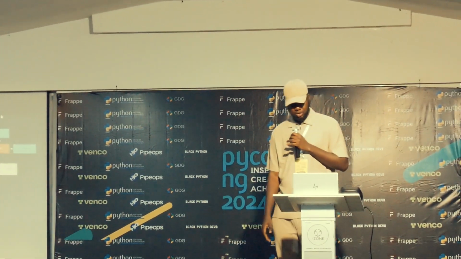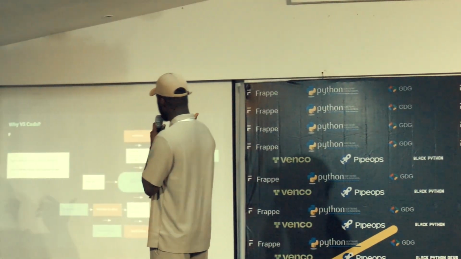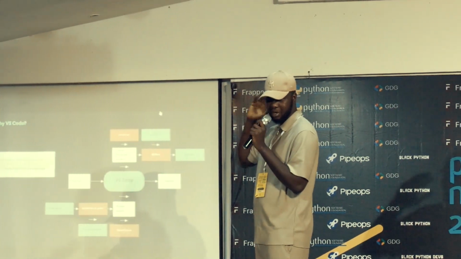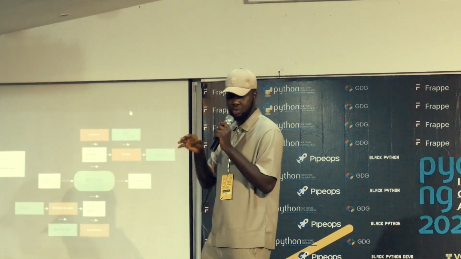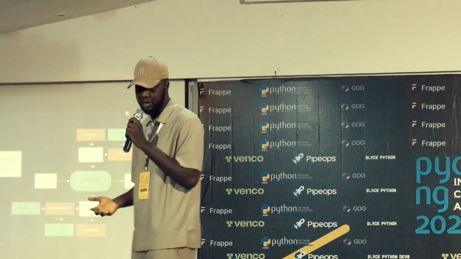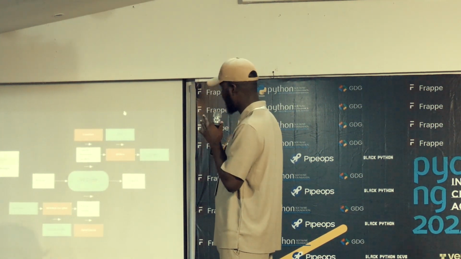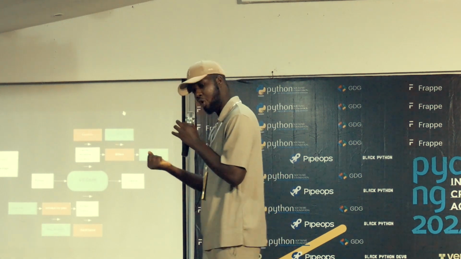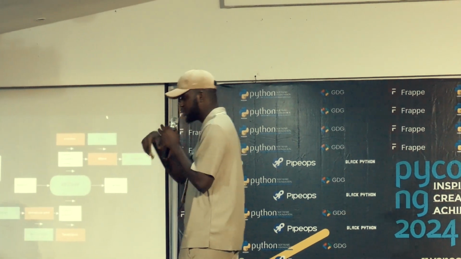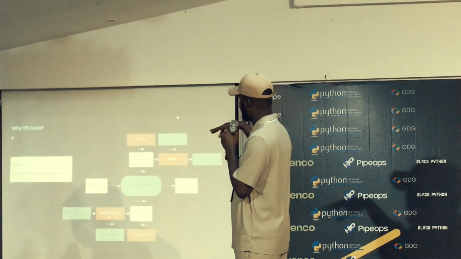So why VS Code, right? In this sense, you see VS Code and you see the extensions. The ones in white are the first and most essential extensions you need to install before you start using VS Code. If you want to do data science, you see the likes of Python. You see Jupyter, which is like a small Jupyter notebook in a minimal form, right? So that is built to work with VS Code. You see Jupyter. So Python, definitely.